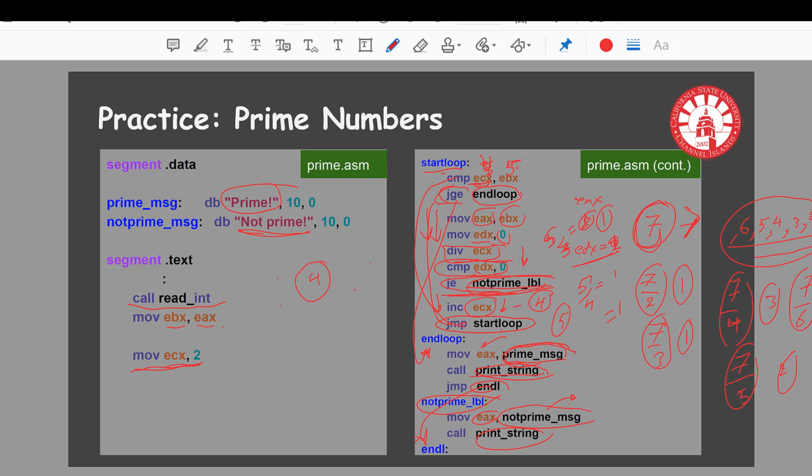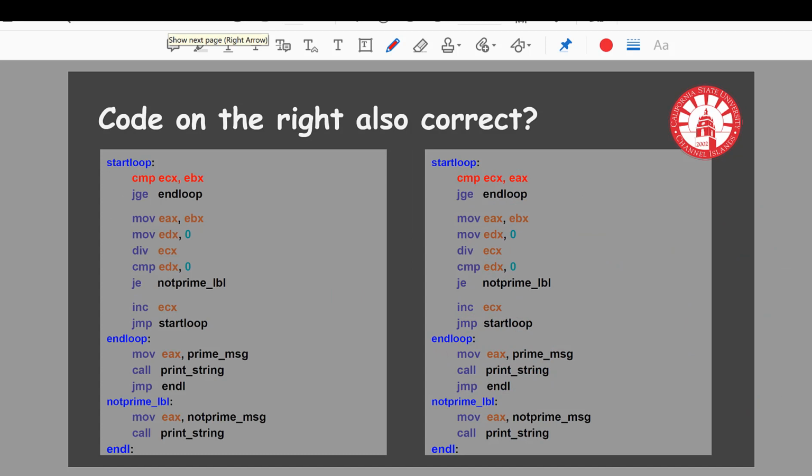Okay, so this is the algorithm that we have talked about, and this is another form of the algorithm for checking whether the number is prime or not. If you take a look at here, we compare ECX with EBX to check whether the program should go to the end loop or not. But in here, if you take a look, we compare ECX with EAX, where EAX contains the quotient